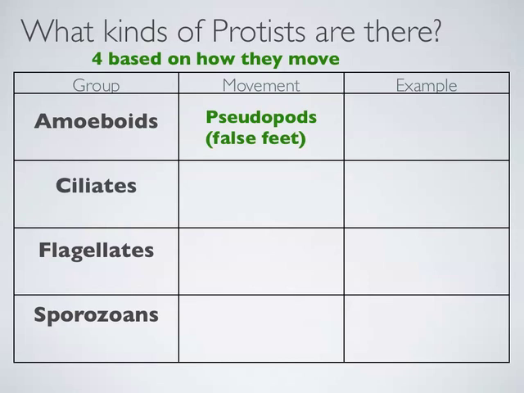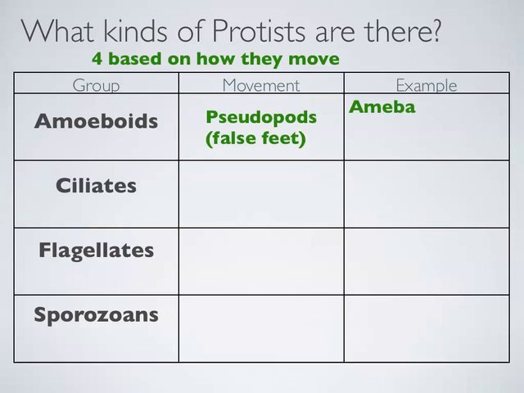And the way that amoeboids move is they have a very flexible cell membrane, and their cytoplasm sort of oozes forward, sort of streams forward, and then it pulls the rest of the amoeba along. And then it oozes forward, pulls the rest of it along. So it's like arms. Sort of.